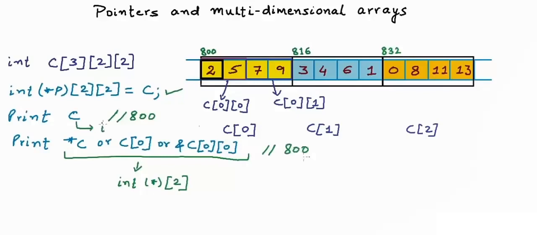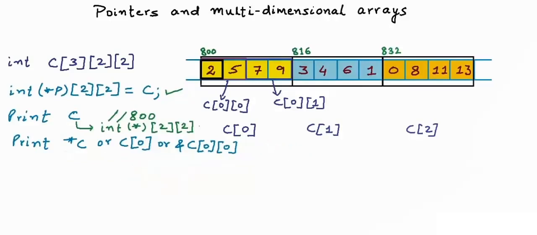Remember, C is of type pointer to 2D array of 2 cross 2, and dereferencing C is giving us a pointer to a one-dimensional array of 2 integers. C is returning us a pointer to a two-dimensional array of integers. C itself is an array. There is a difference between the two types. Okay, for C,